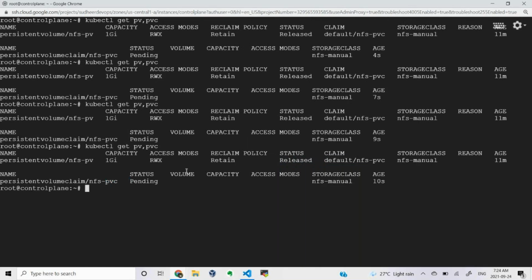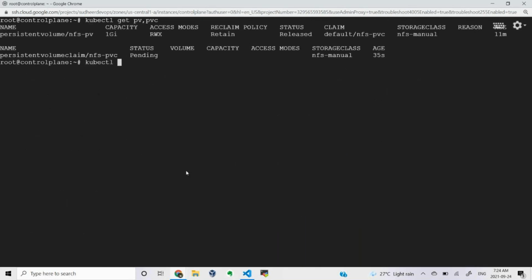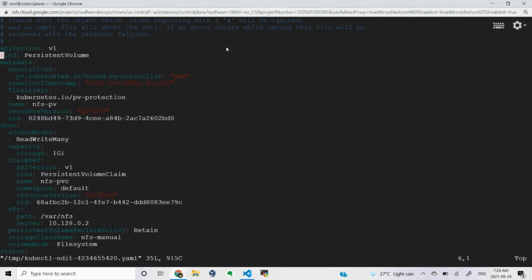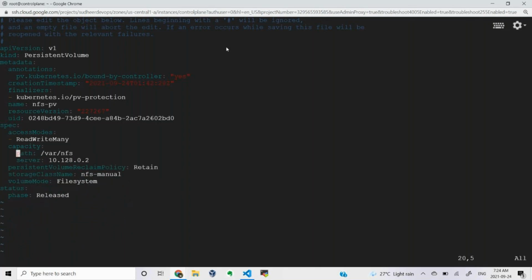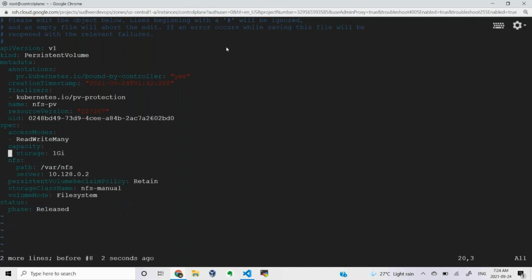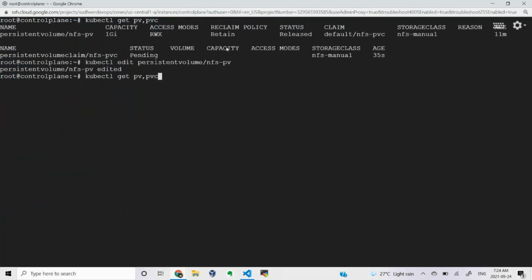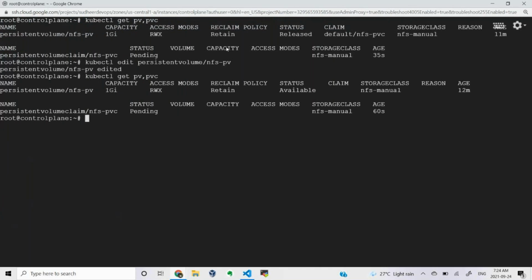Now I want to make that possible. So what we did last time, we edited that particular PV. kubectl edit pv and the PV name. Then we removed this particular section called claim reference, because these entries are already saved. That's the reason it is not able to attach. So remove only the claim reference. Once it is removed and saved, you can see your PV is available. After some time, your PVC will get attached to that PV because it is in available status. So this is what you have to do manually in the retain policy.